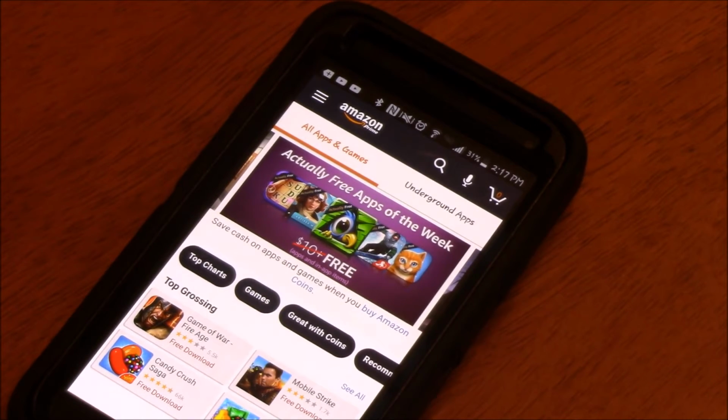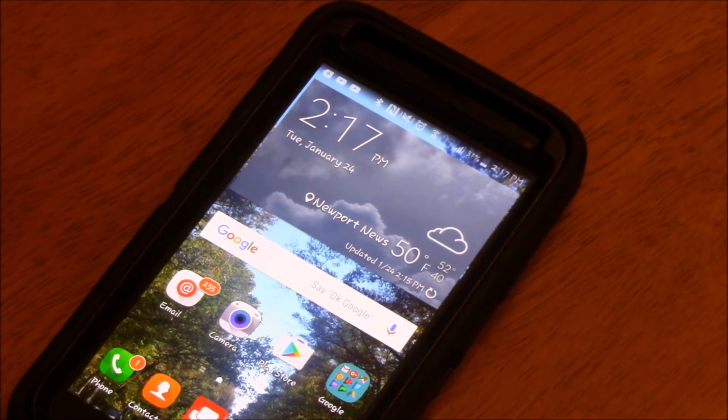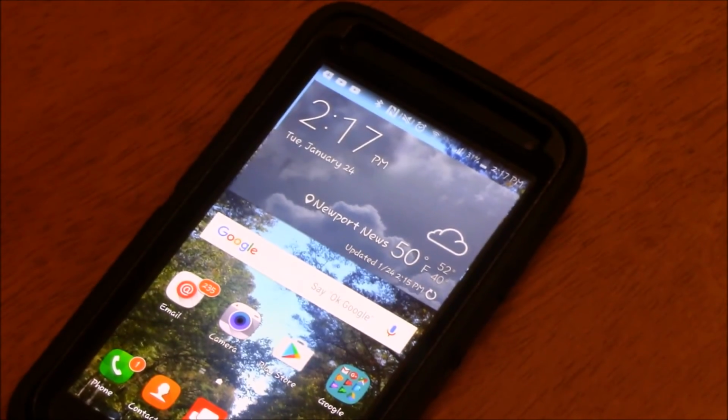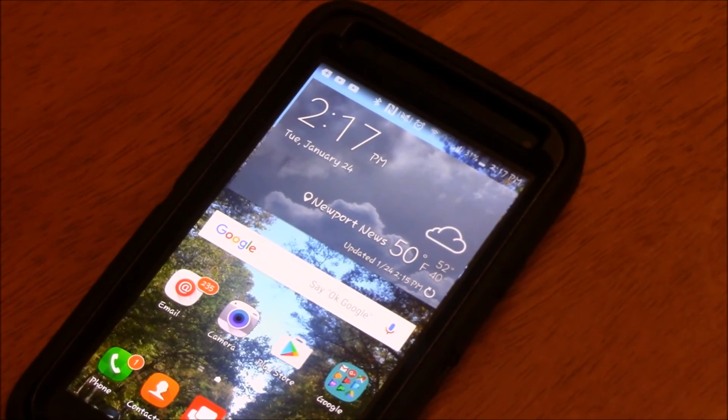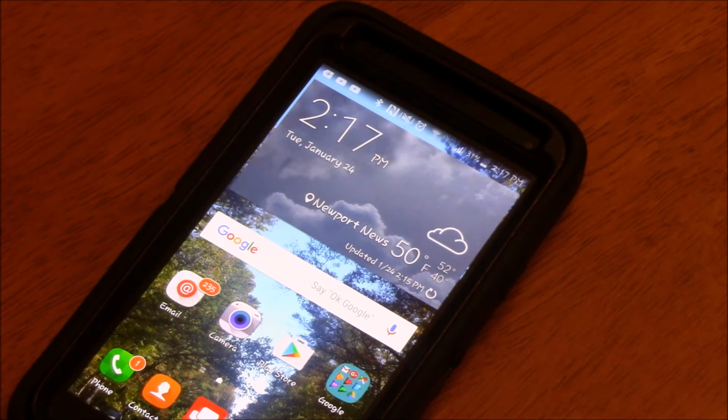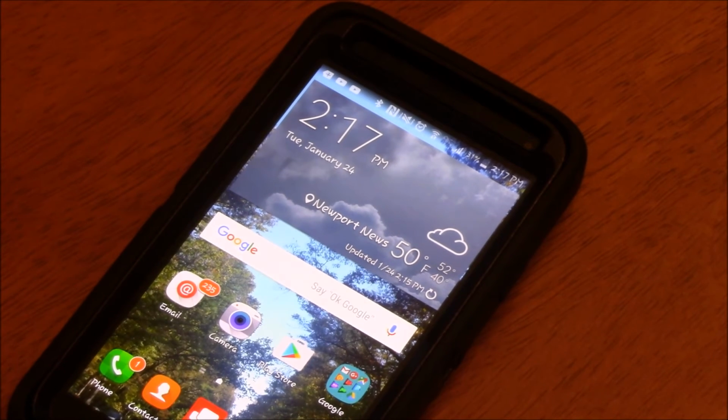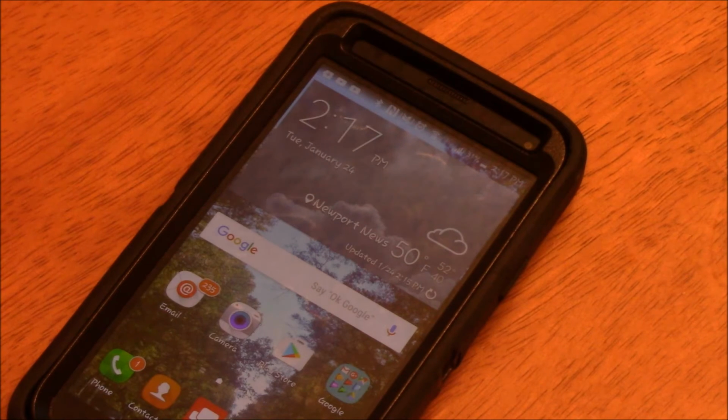And one last thing is that on Android, you have the ability to make the device computer-like because it is from Linux. And actually, I will put a link in the description and possibly at the end of this video to link back to when I replaced my laptop for a while with my tablet running Android, the LG G-Pad. And I will actually get back to you on that whenever that's finished.